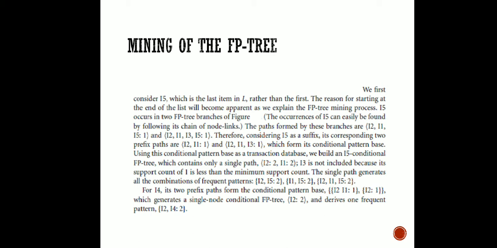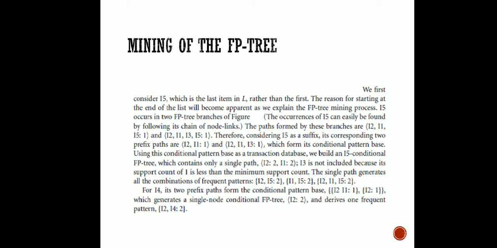So this is my FP tree, the conditional FP tree for I5, which can be done using a single path. Now this single path generates two combinations again. See, if we reach from I2 directly to I5, its count is 2, or from I1 to I5, its count is 2, and if we include both I2, I1 and I5, its count again will be 2, because all of their counts are 2 here. So these are the combinations.